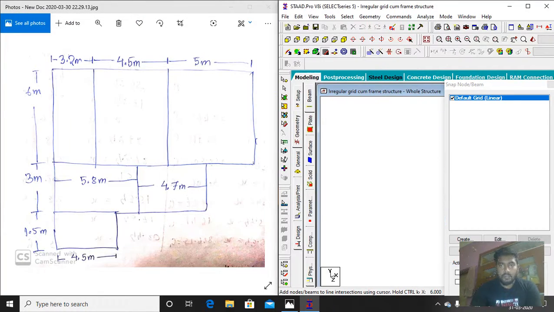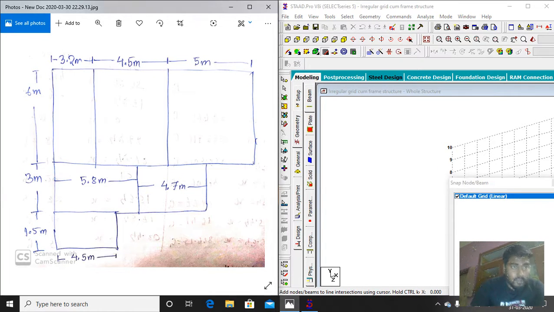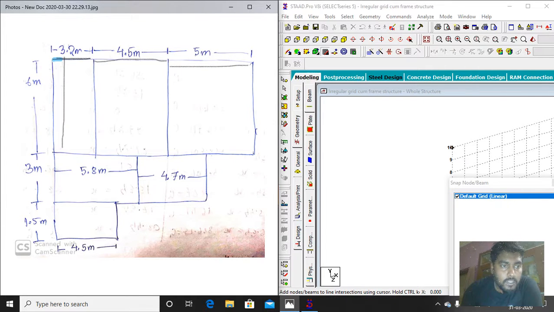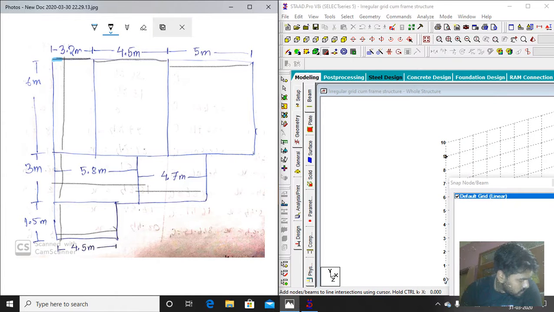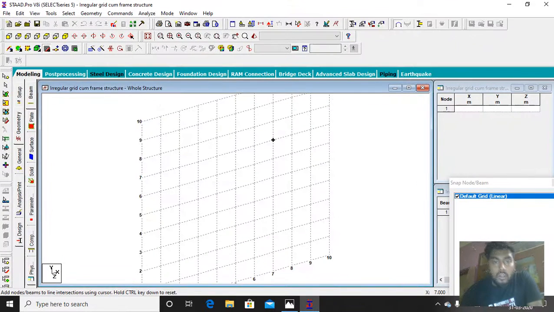Okay, first you see that in this structure it is 3.2 meter, it is 4.5 meter, it is 5 meter, it is 6 meter, it is 3 meter, it is 1.5, this is 4.5, this is 5.8, and this is 4.7. Now if we want to create something in STAAD.Pro with that help, first what we have to do, we have to